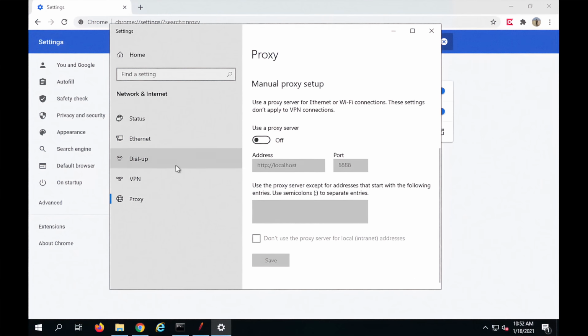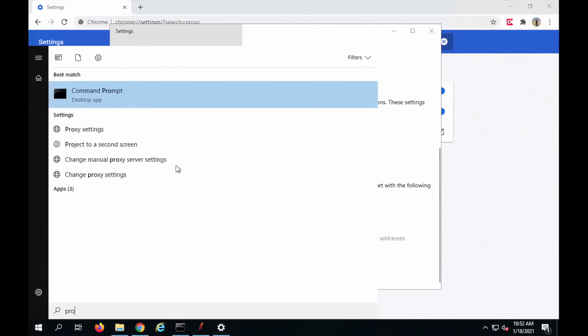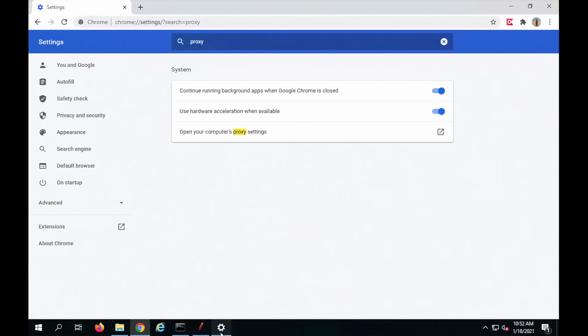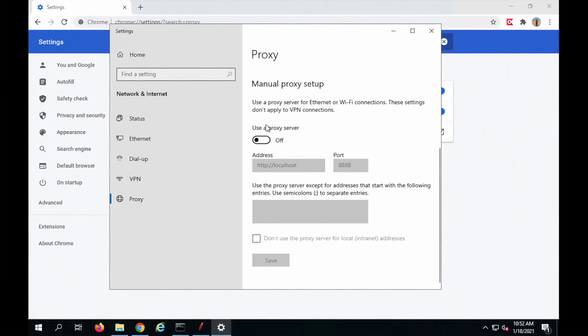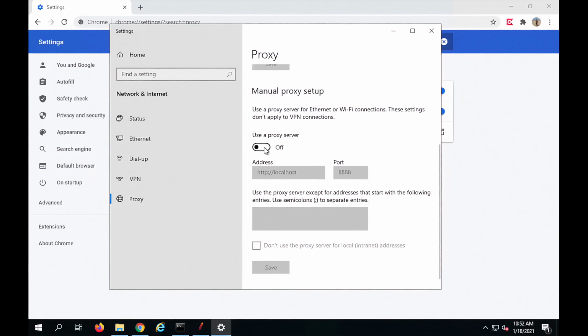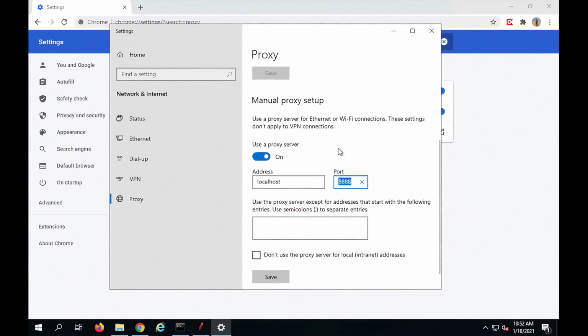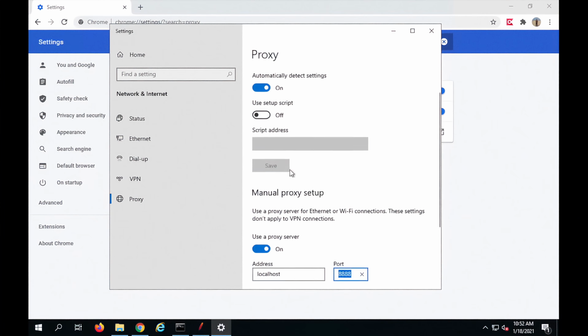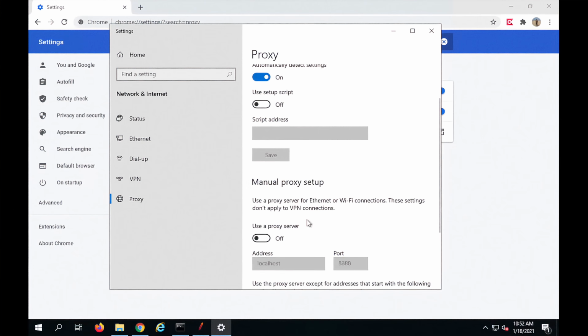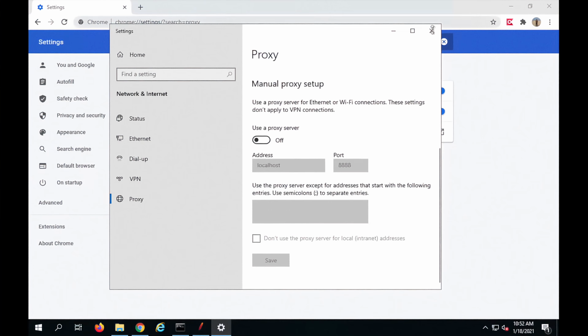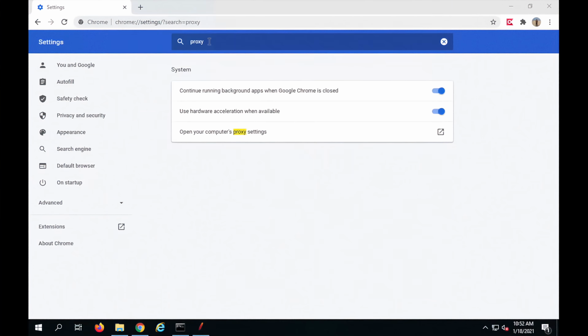this window can also come if you just search for proxy on Windows. It will open the proxy settings from here. So now here you can say manual proxy setup and say use a proxy server, and here you can say localhost and the port number. So this will be done at a system level, and then you can use proxy and use the same port as you have used on JMeter. For now I will switch it off, and then